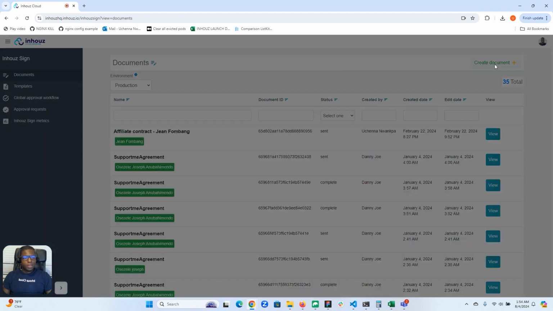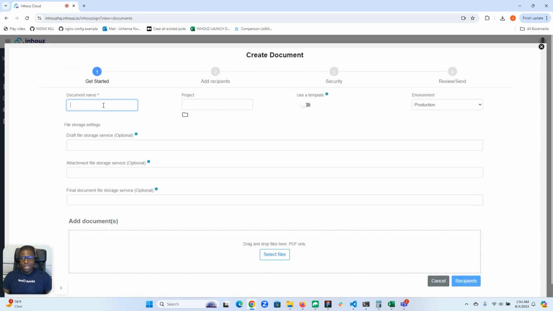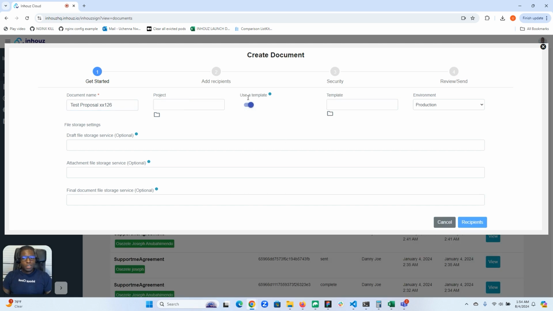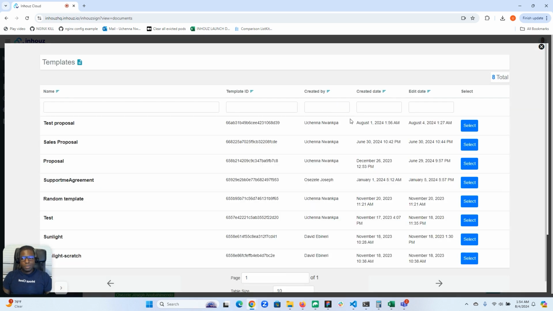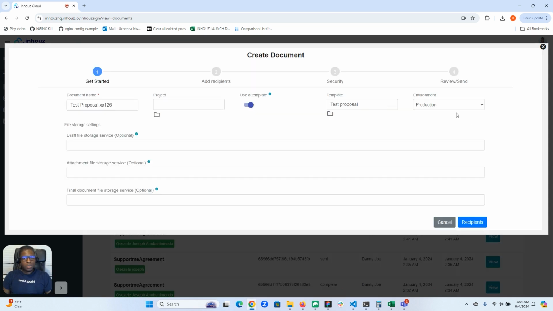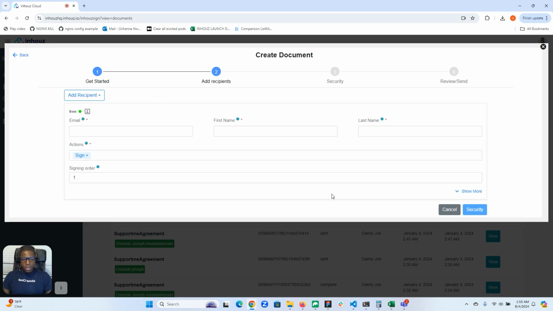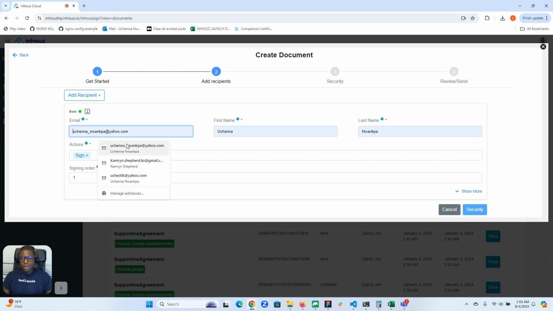So I'm going to click on the Create Documents button, give it a name. I'm going to call this Test Proposal XX126, random name. I'm going to say Use a template, select my template, Test Proposal, select, switch this to the development environment because this is for test purposes, and go into the Recipients tab, select myself as a recipient, get